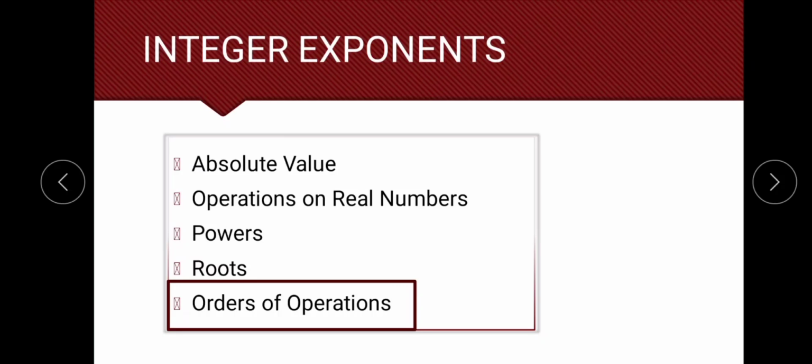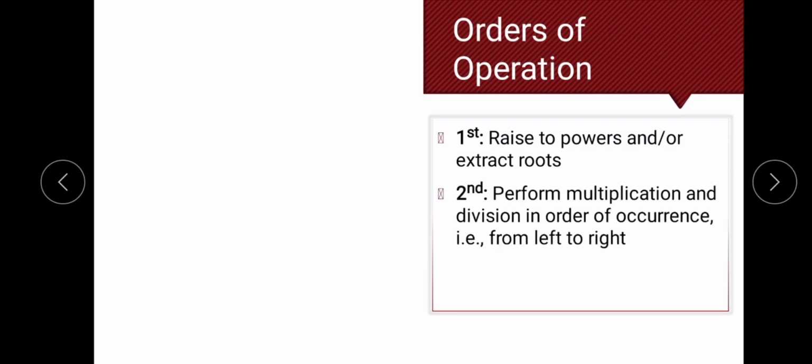Lastly, we'll have the order of operations. In performing operations on a series of numbers, the first to be simplified are the numbers with powers or square roots, and the next we're going to perform multiplication and division in order of occurrence, in other words from left to right, and lastly perform